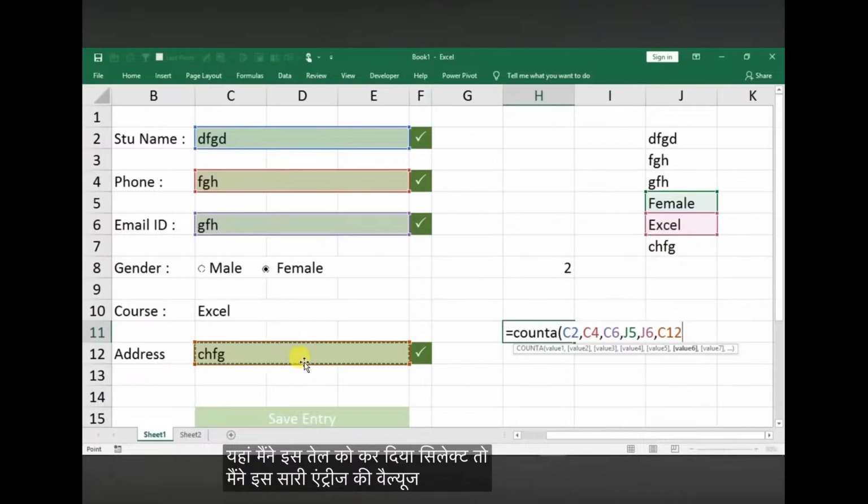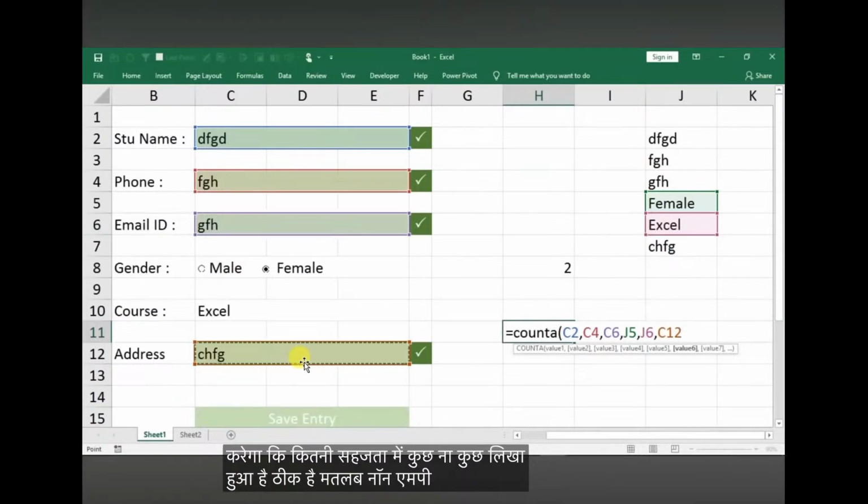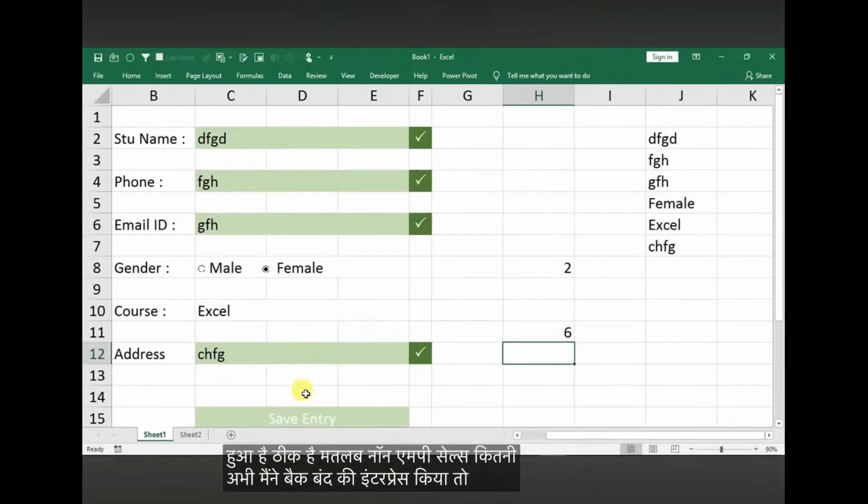तो मैंने यहां से दे दिया, कॉमा लगा के यहां मैंने इस सेल को सिलेक्ट कर दिया। तो मैंने सारी एंट्रीज की वैल्यूज मतलब वो सेल सिलेक्ट कर लिए हैं। अब काउंटिंग फॉर्मूला क्या करेगा, जो सेल रेफरेंस मैंने दिए ना उनमें ये काउंट करेगा कि कितने सेल ऐसे हैं जिनमें कुछ ना कुछ लिखा हुआ है, ठीक है, मतलब नॉन एम्प्टी सेल्स कितने।